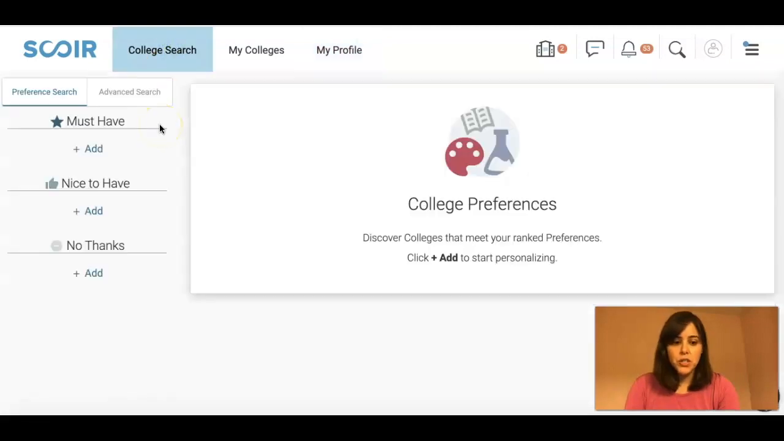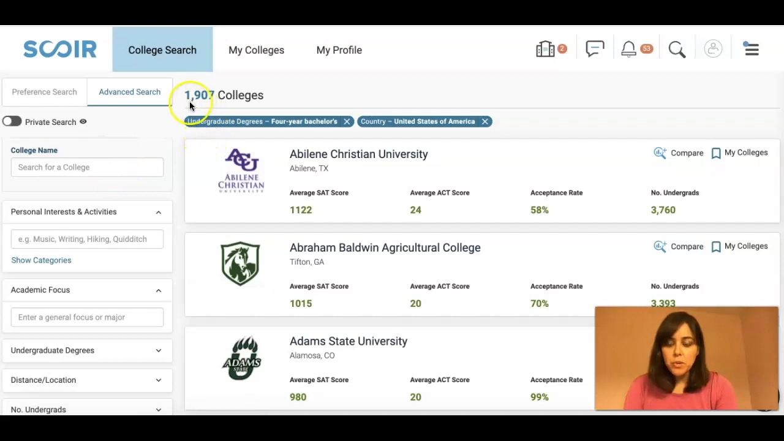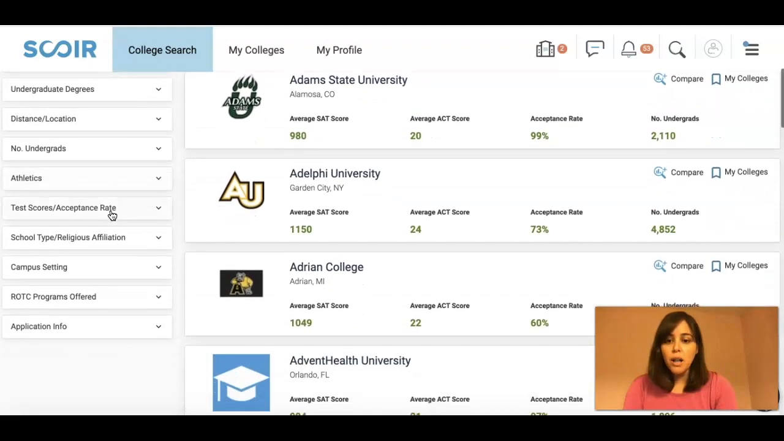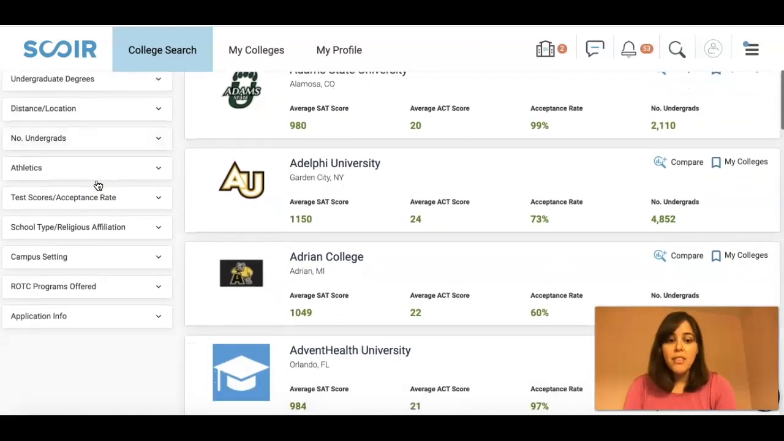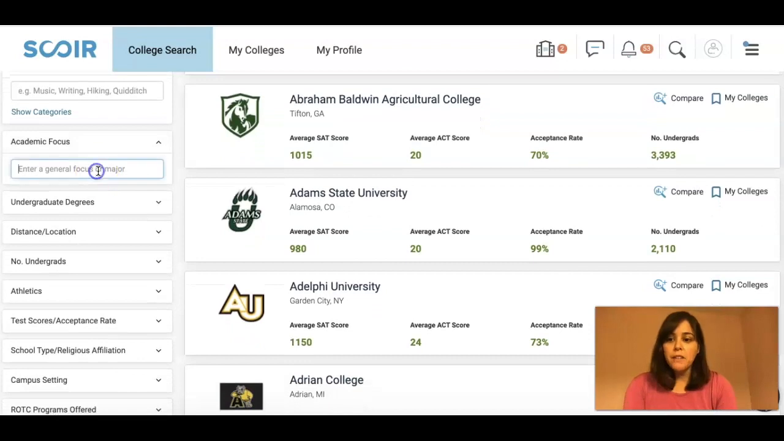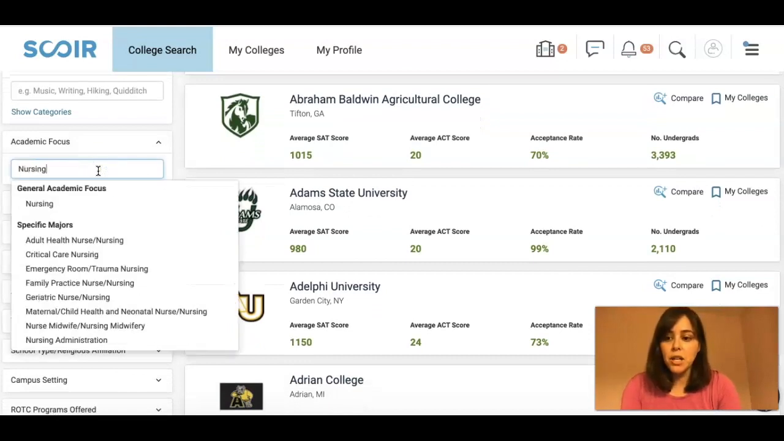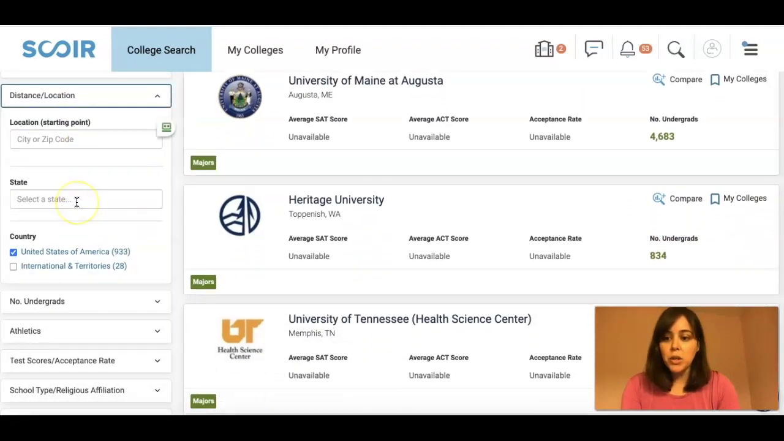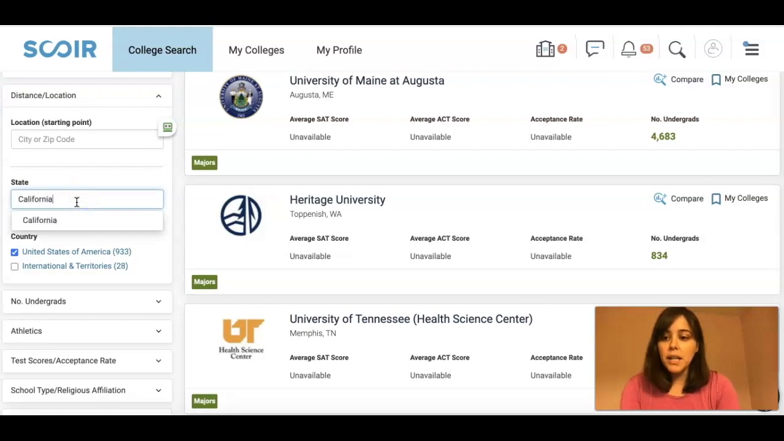So when you go to the College Search, there are 2 sections: Preference Search and Advanced Search. Let's start with Advanced Search. Advanced Search, we've already moved down to 1,900 colleges with a 4-year bachelor's and in the United States. On the left-hand side here, you can see that you can begin to input all of the preferences that you may have that we've discussed regarding characteristics of colleges. So, for example, if you're a student looking for a specific major, I'm going to put nursing here. Or in a specific location, I'm looking to be in California,